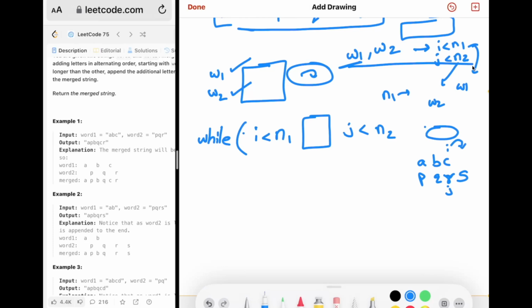So when I goes here, it goes out of bounds, right? But for J, we still have some characters that need to be traversed, right? So if either of these two is true, we need to continue the traversal. So we need to keep the "or" here. Okay, so we need to check the condition, like if I is less than n1, then we need to add,